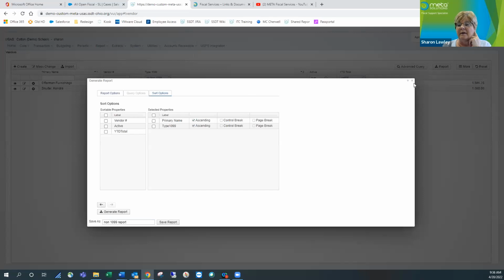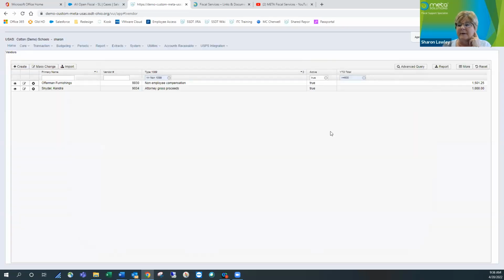At this point, basically nothing's been done here with my grid. I can go ahead and reset this. I can get rid of my filters, and everything for the vendor grid is back to the same way. Okay. But